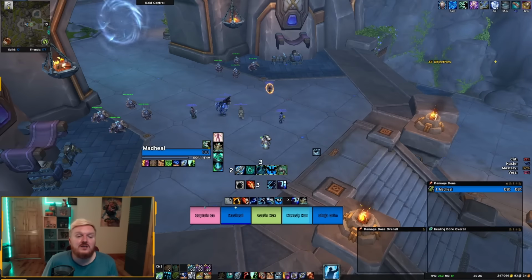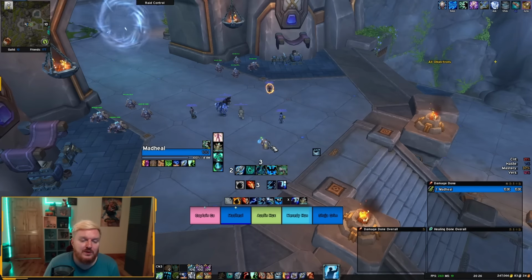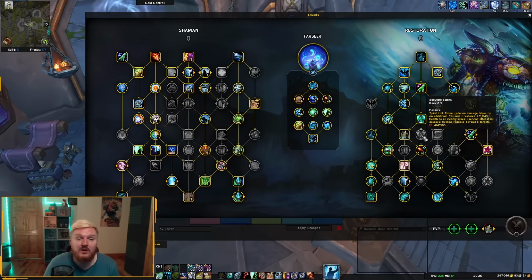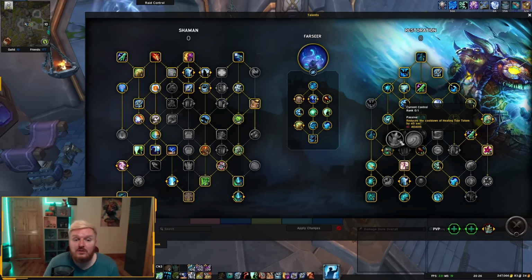Just to touch base in terms of some of the Restoration Shaman cooldowns, because you have quite a few cooldowns to keep track of. I think Resto Shaman output is already pretty strong, and when you can combine it with some of these cooldowns, it's actually really, really good. For example, you're looking at things like Spirit Link Totem. You can add value to it by speccing into Spouting Spirits, depending on which build you're running, or depending if you have points available. You also have Healing Tide Totem, which you can also spec into Current Control to make